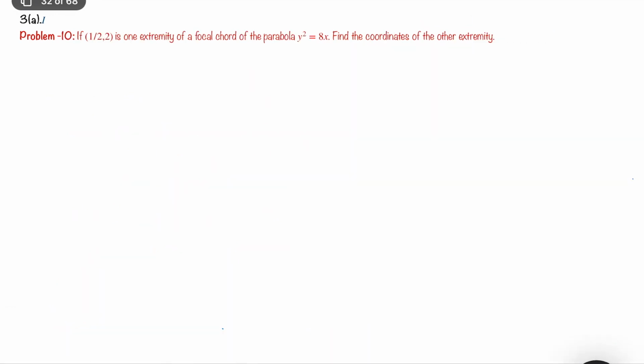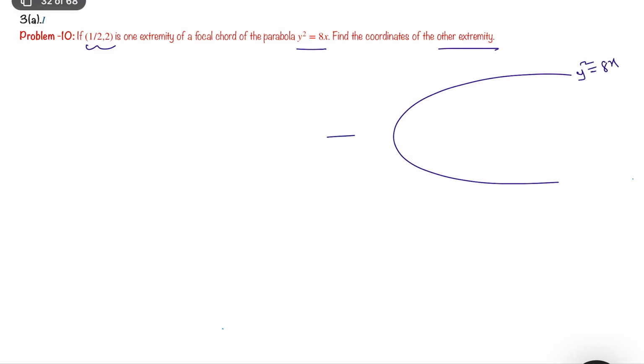Next, problem 10 from section 1 of exercise 3a. If 1 by 2 comma 2 is one extremity of a focal chord of the parabola y square equal to 8x, then find the coordinates of the other extremity. First of all, let me draw a rough graph of this parabola y square equal to 8x, whose axis is x-axis actually,